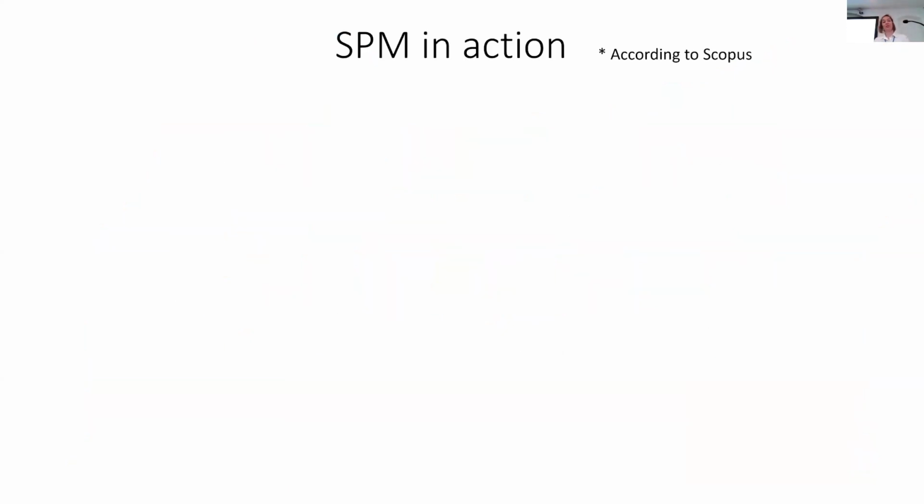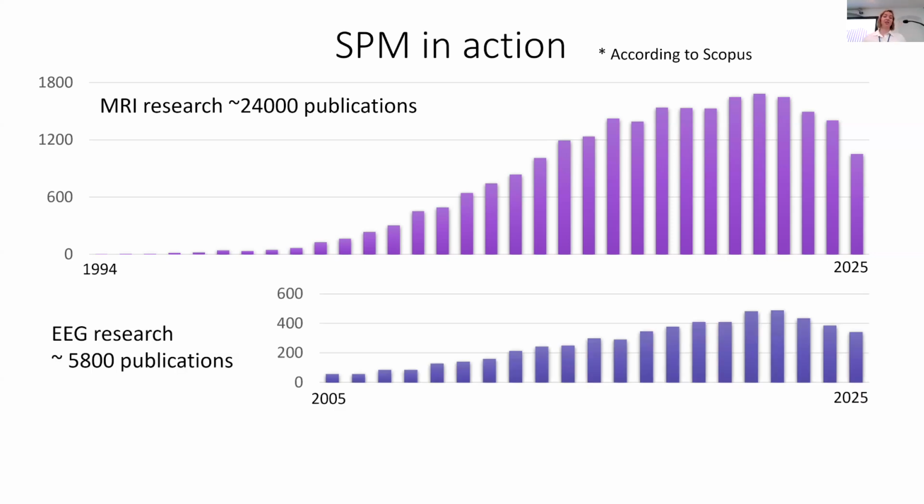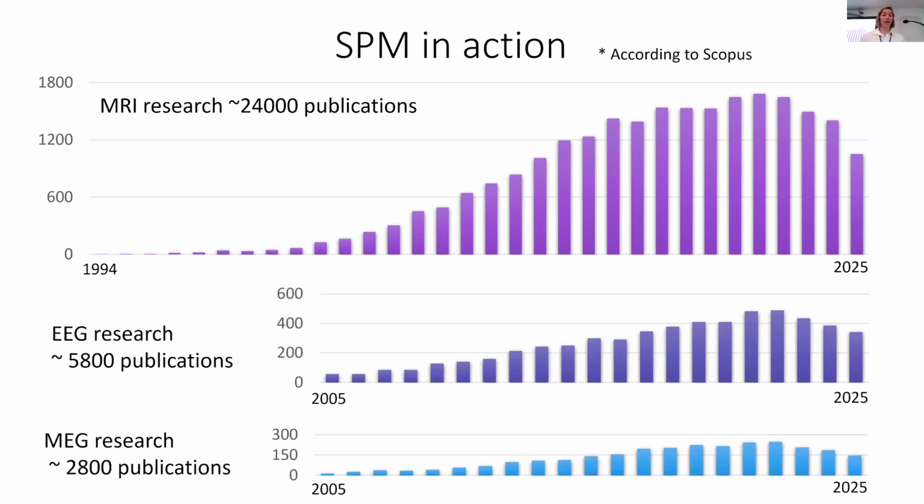So actually, to illustrate my words, I will show you a bit of SPM in action according to Scopus. When you try to do the advanced search on SPM as MRI, you get something like 20,000 papers. And in recent years, it gets up to like 1,500 papers a year, which is amazing. Then you can add something like 6,000 publications for EEG research and 3,000 publications for MEG research, all done with